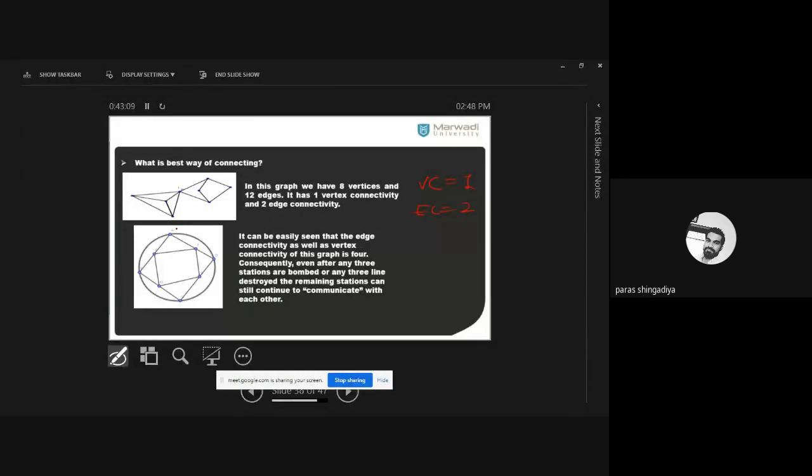If I delete 3 vertices, one is A, then F, and then this vertex. My aim is to disconnect D from the rest of the graph. So what will I have to do? How many edges are connected with D? 4 edges are connected. One is from A, the second is from F, and the third is from B. So if I delete these 3 vertices A, F and B, D is still connected with this edge.